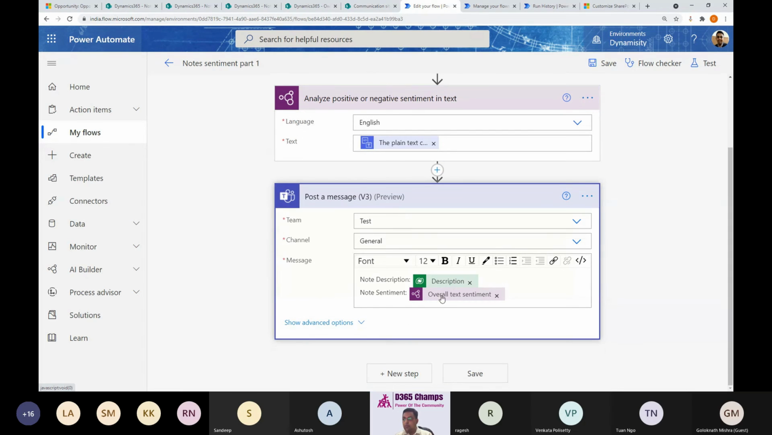What is the note description and what is the note sentiment? So it will give me three kinds of sentiments. Is it positive? Is it negative? Or is it just neutral, right? So all these three are possible, and I'm posting it to Teams in my examples that I built